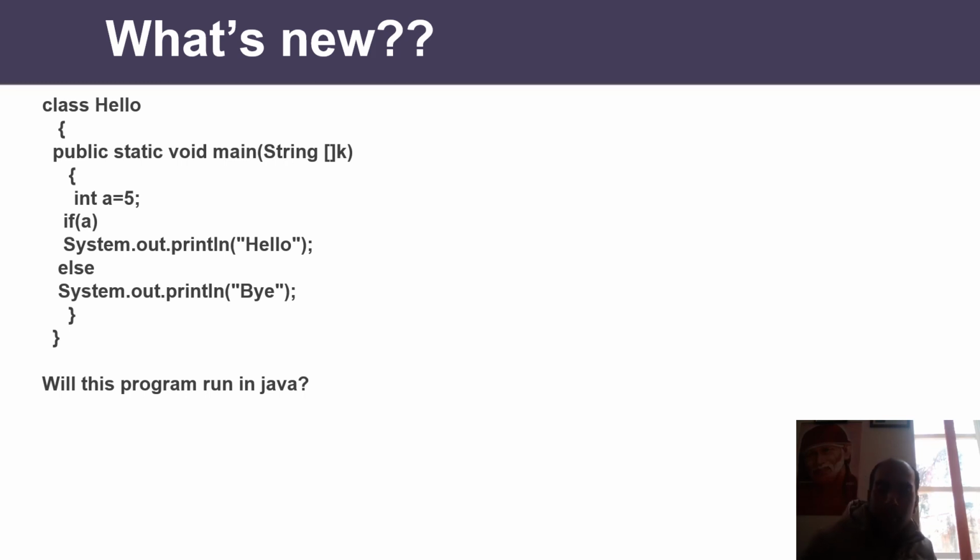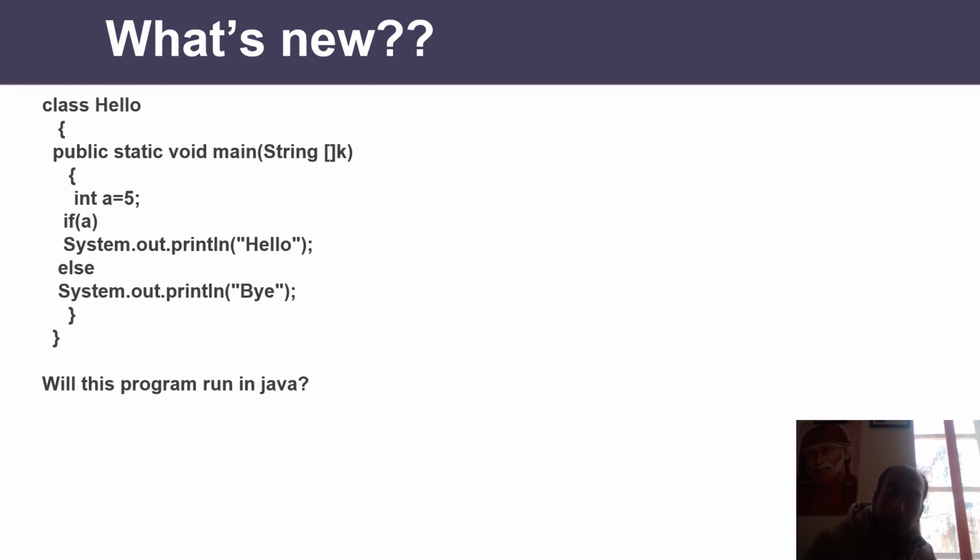Now there are certain differences that I want to tell you here. Tell me what happens when you execute this program in the C language. If I execute this program in C, then hello will come, because C always produces true if the value is non-zero and produces false if the value is 0. That we all know. But in Java, what will happen? In Java, this is going to give you a compile time error. Why? In C, C++, in both cases hello will come, but in Java, a compile time error will come. Why and how?